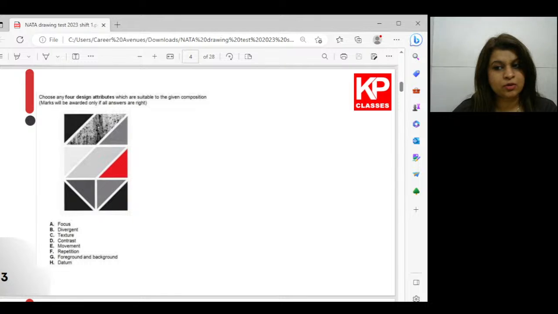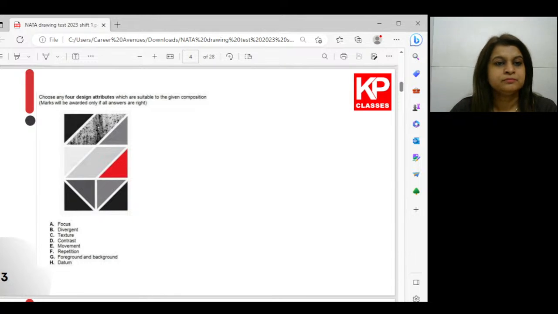All our students should also know how to address these images. Like, is it a landscape? Is it a photograph? Is it an image of a building? Or is it a 2D composition or a 3D composition? So being an architecture student, you need to know these technical terms and we need to know how to address these